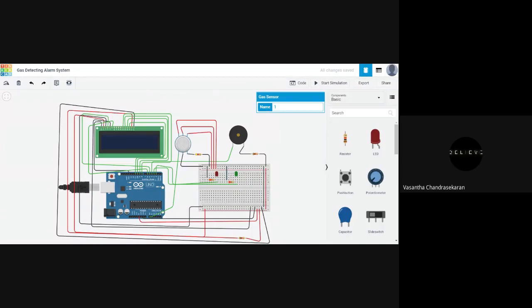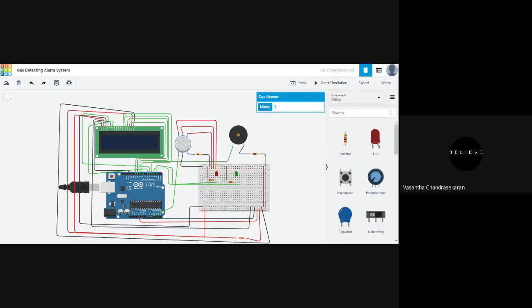in gas or not. So basically, a gas sensor is of many types depending upon the type of sensing element used. Here, I've used an MQ2 sensor, which is available in Tinkercad. This can detect methane, butane, LPG, and smoke. Based upon the different types of sensing material used inside, different gases can be detected. We have 6 pins in the gas sensor. The H1 and H2 are your heating elements, heating coil, and there are 4 other pins.